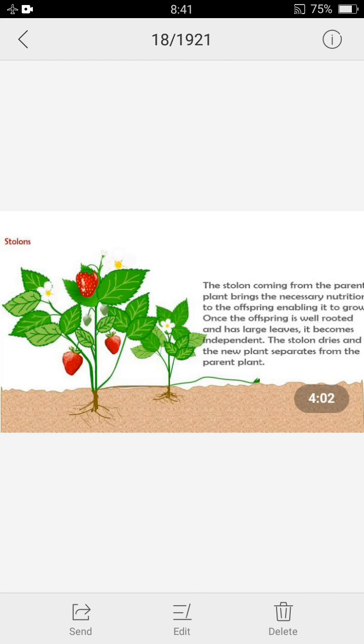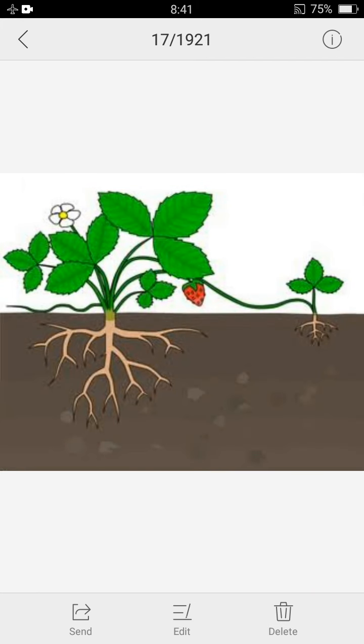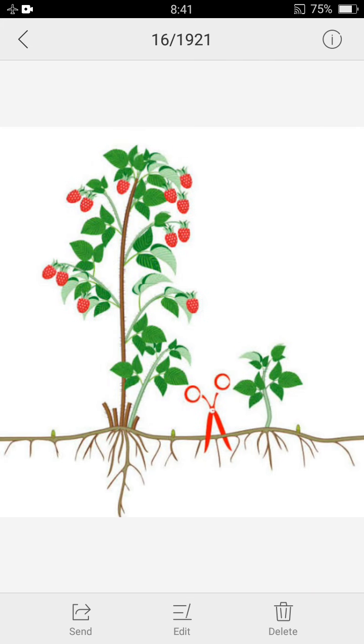And here I would like to tell you one more example. In plants like mint and jasmine, a slender lateral branch arises from the base of the main axis, and after growing aerially for some time, arcs downwards towards the ground and touches the ground. You are seeing on the screen right now. So up to some time they are aerial, and after that they grow towards the ground and touch the